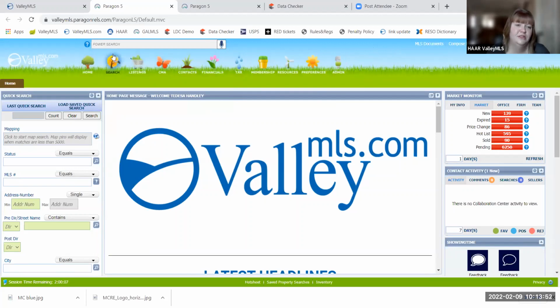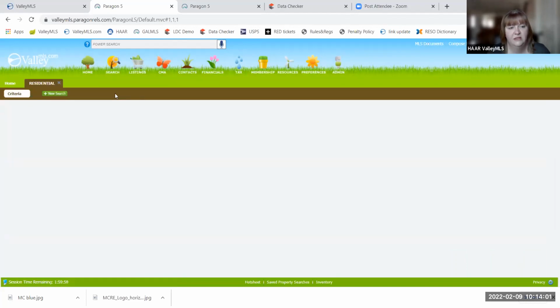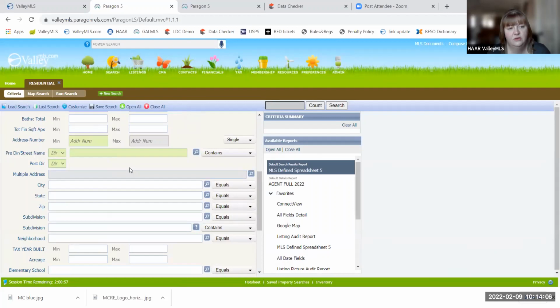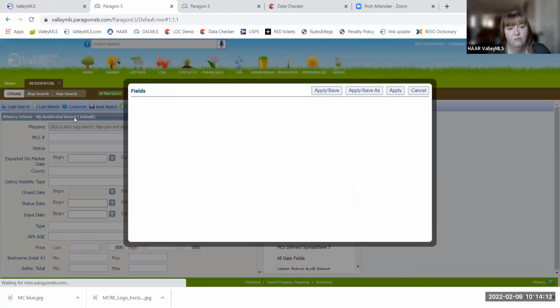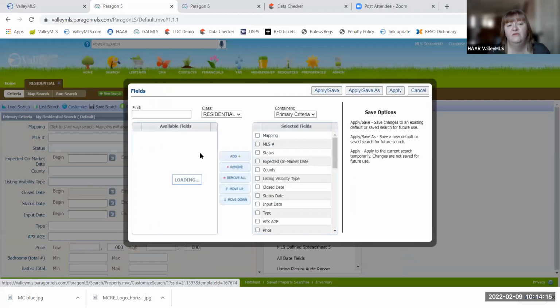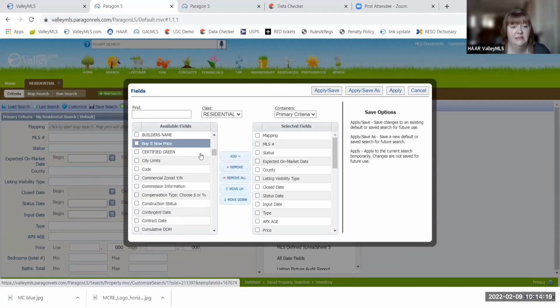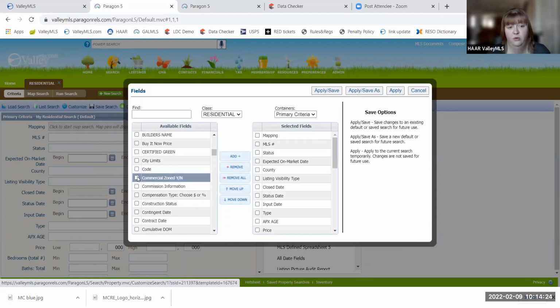Your regular search is going to be right here. Mine is a tree. Yours is going to look however you customize it in your preferences. And you can choose by class which one you'd like to search. The only reason I'm actually even showing you this is to show you two things. One, that it's completely customizable. We have this customize button here where you can add fields. So if there's a particular piece of information your client is interested in and it's not on your search, let's say it's, you know, very important to them that it's also zoned commercial for whatever reason.